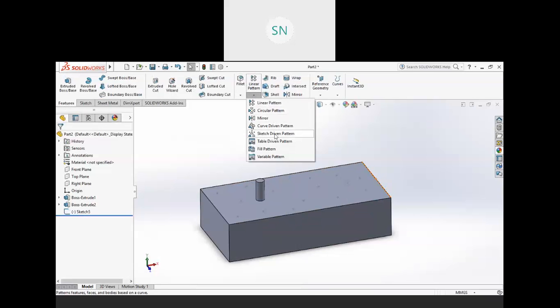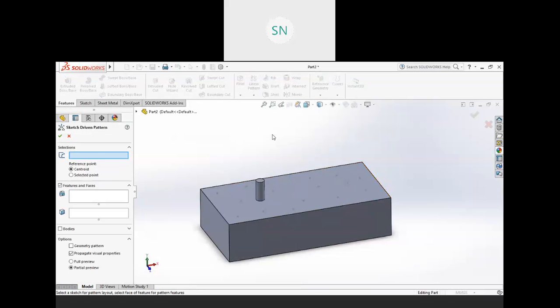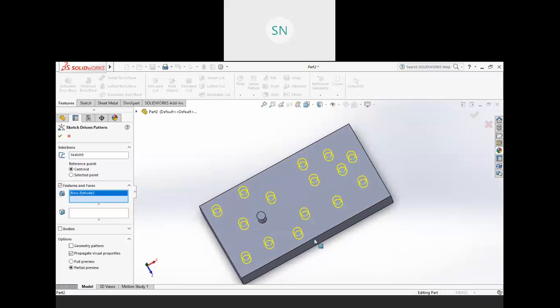So go to the pattern, sketch driven pattern, and sketch is this one, feature is this one. So your copy will be at every point. Understood? But one more thing over here that you have to notice, and that is we do not have that skip option.